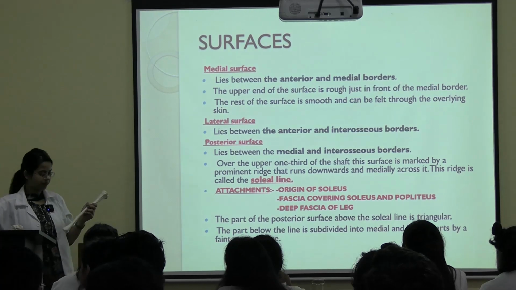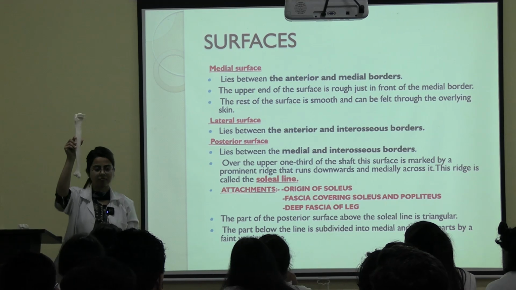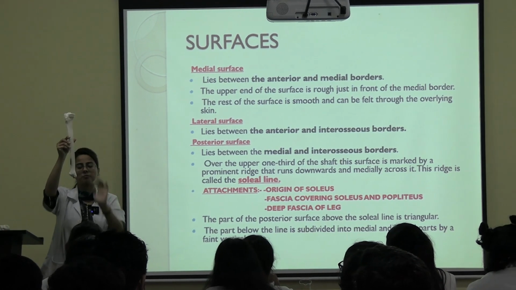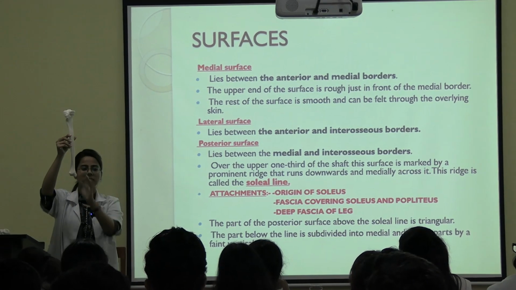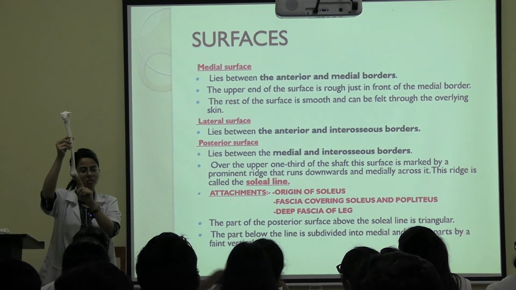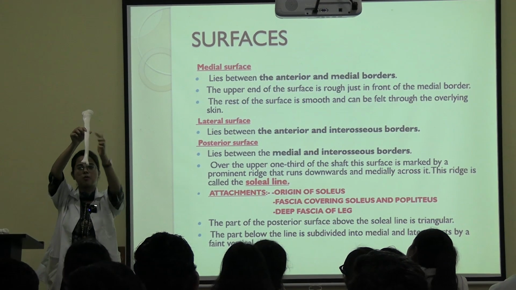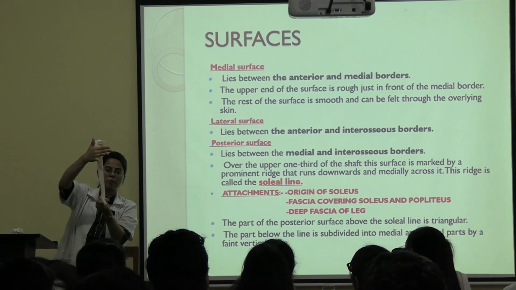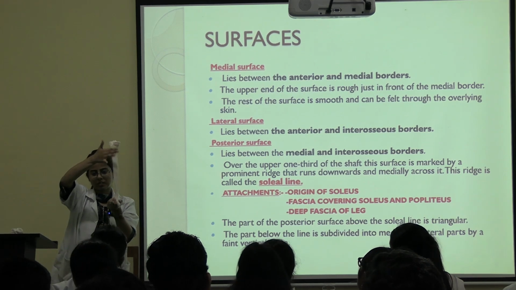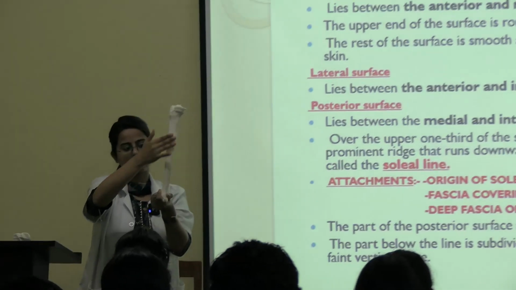Now the surfaces. So as I said, what is this surface called? Medial surface. Clear? How am I telling this is the medial side? Okay. How will you understand? Medial malleolus is present medially. Okay, so this is the medial surface present between the anterior border and the medial border. So it is rough in the upper part. If you touch it, you can feel that it is rough in the upper part and it is subcutaneous throughout. That is, you can feel it, the lower part of the medial surface.